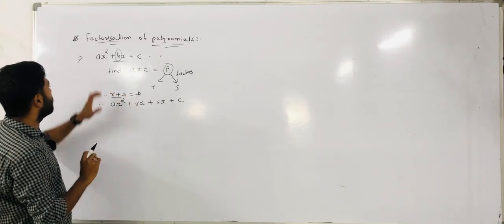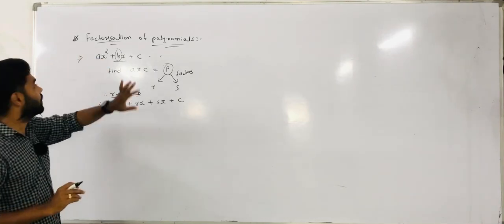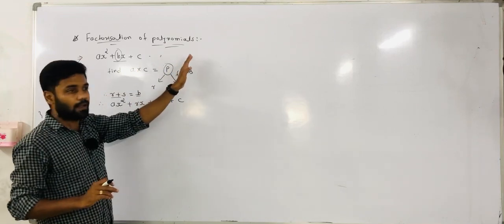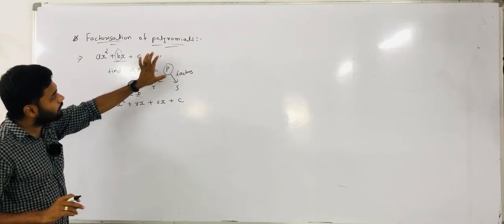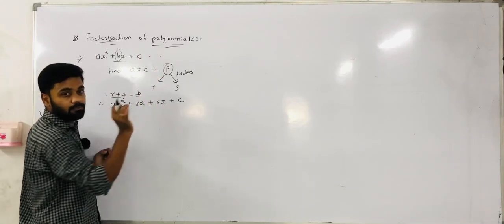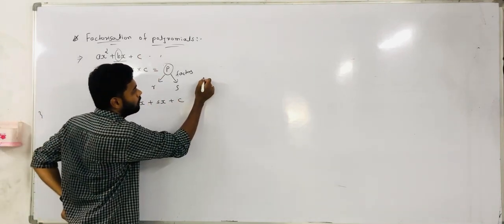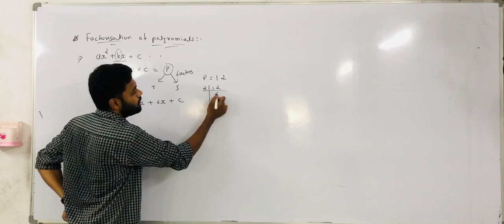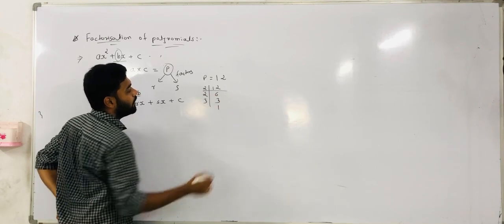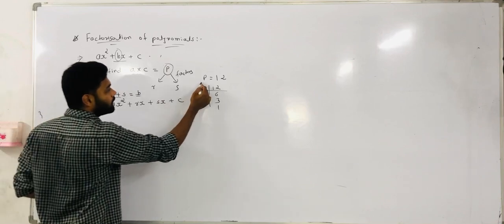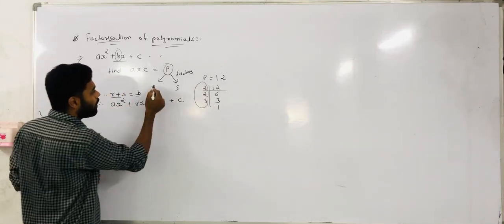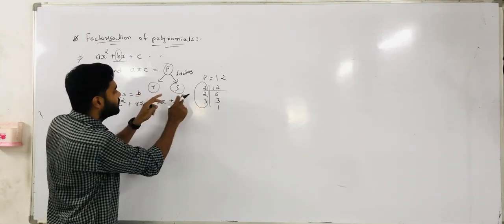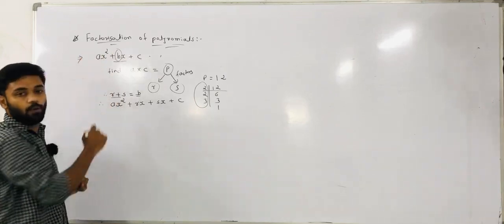The first step is what? Find the multiplication of the coefficient of x square and the constant term. Let's say this multiplication is p. Now factorize p, where p is some constant quantity. Let's say you have p equal to 12. So how do you find the factors of 12? 2 sixes are 12, 2 threes are 6, 3 fours are 12, 1 twelve are 12. Now from these factors find two values r and s such that the addition or subtraction of these two values is equal to b.